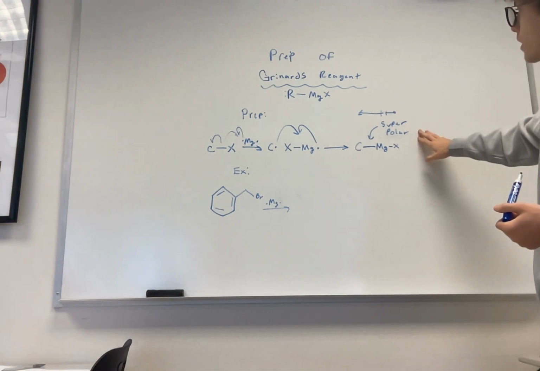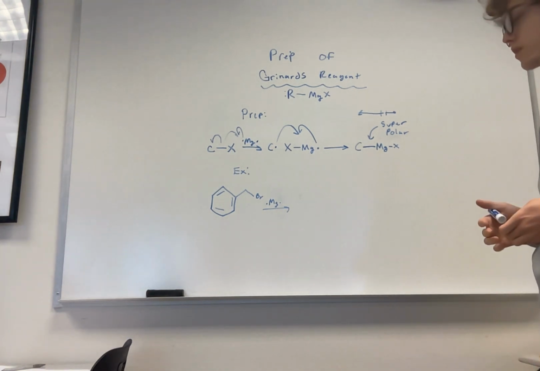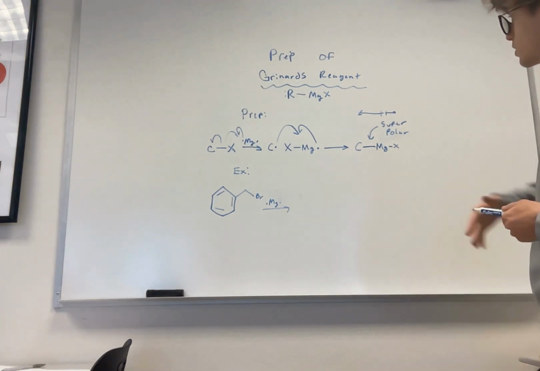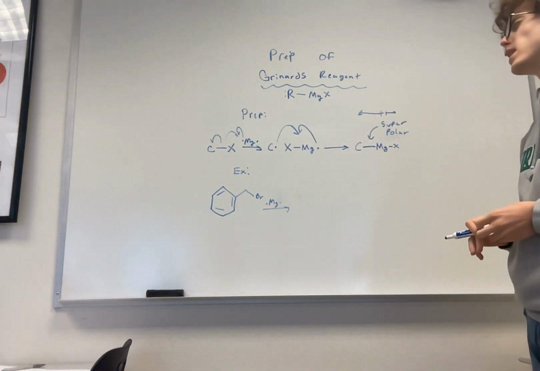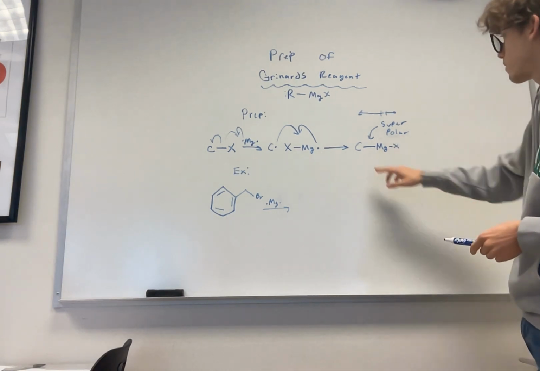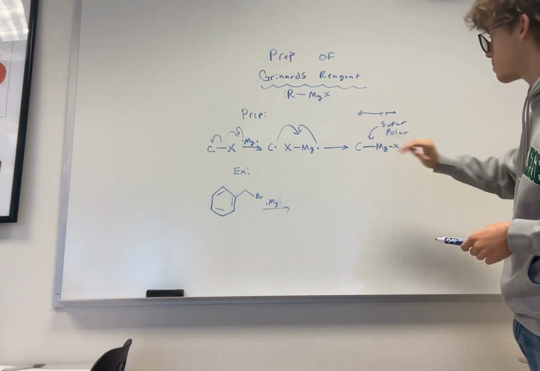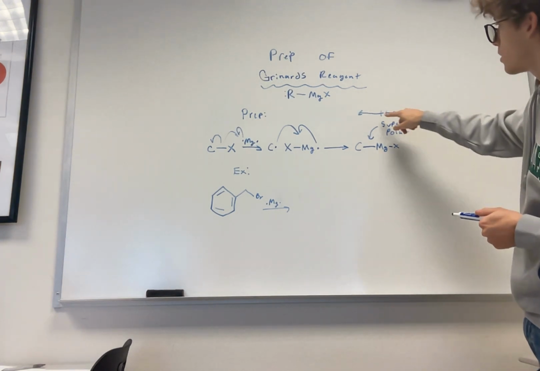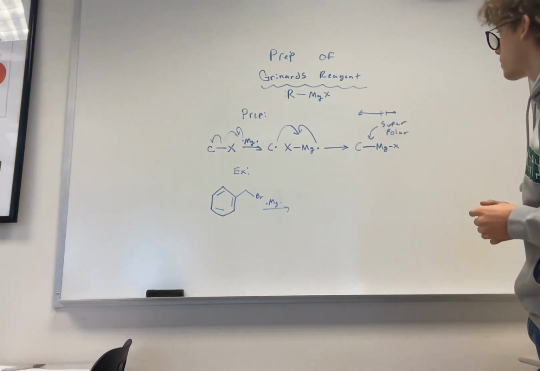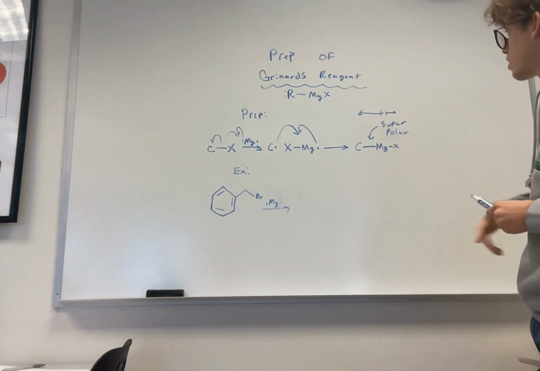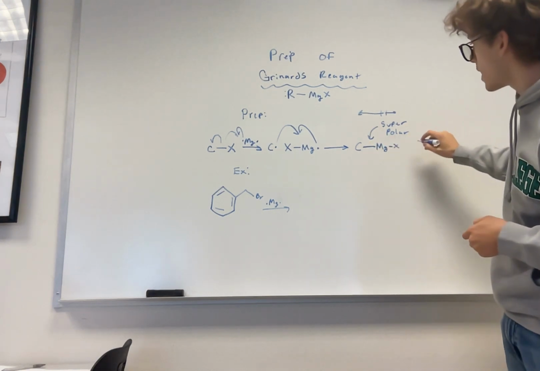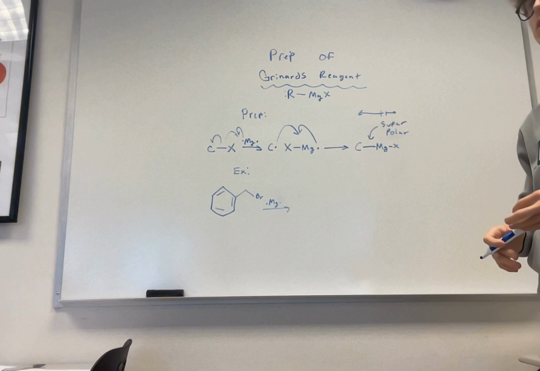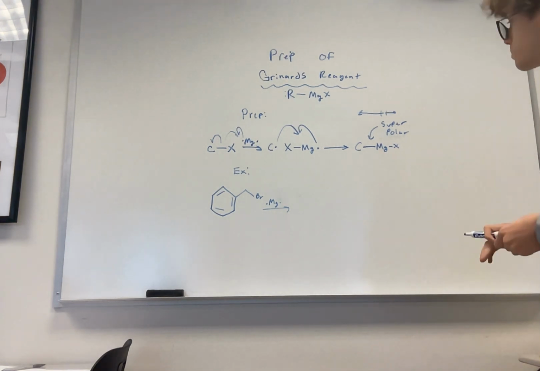I just wanted to go over why the Grignard's reagent works, looking at the product that it forms, this Grignard's reagent. We have to look at the bond polarities here to understand its properties. So let's look at the carbon-magnesium bond. We know that's roughly 0.7 Paulings, if it was just carbon-magnesium. But we have an induction. So you may see my super illegal dipole moment drawing. I just wanted to emphasize that some of the electron density on magnesium is getting pulled by the halogen, making this even more polar than 0.7 Paulings,